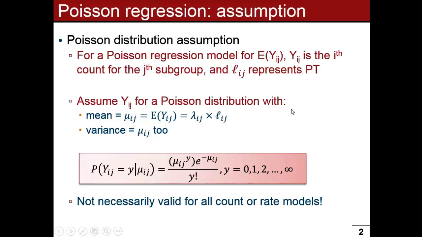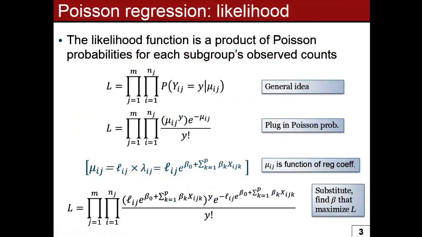So anyway, this is just the assumption that we're dealing with. This is a lot on one slide, so I'm just going to walk through it in an overview way, but this is the likelihood function for the Poisson distribution. The take-home message is, just like we briefly went through the likelihood for logistic regression, where you're maximizing the product of all these binomial distributions, here the likelihood function is a product of lots of Poisson probabilities for each subgroup's counts. Imagine you have 16 subgroups in our skin cancer example, with 16 counts and person times. Under the hood, it's taking the product of each group, fitting this equation as a string of 16 products,